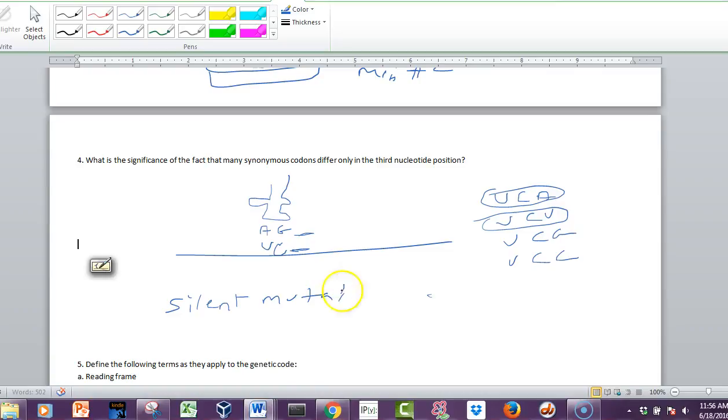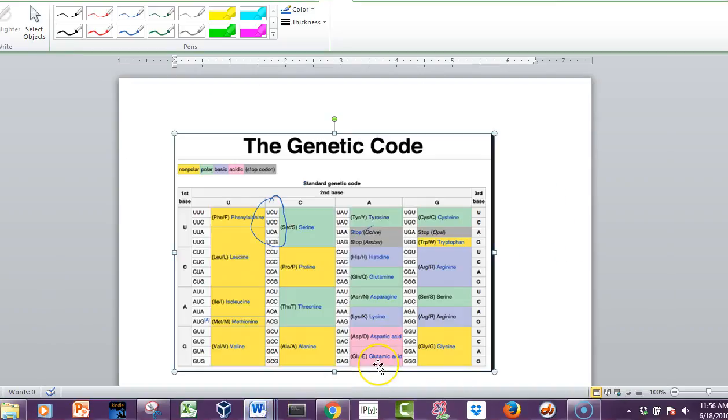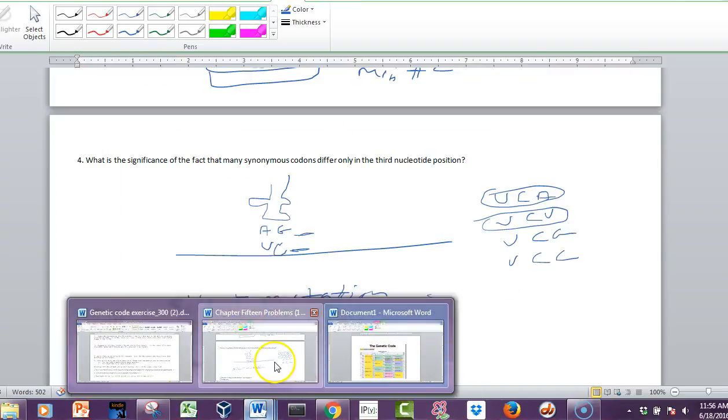So that's usually a mutation in the third codon position, but it's not always the case. So if you see a mutation that's in the third position, don't immediately assume it, because look over here, if we have UUU, that's phenylalanine, and this UUA is actually leucine. So in some cases it's not true. So whenever you get a mutation like that, you have to double check the genetic code to see if it's a silent mutation or not.